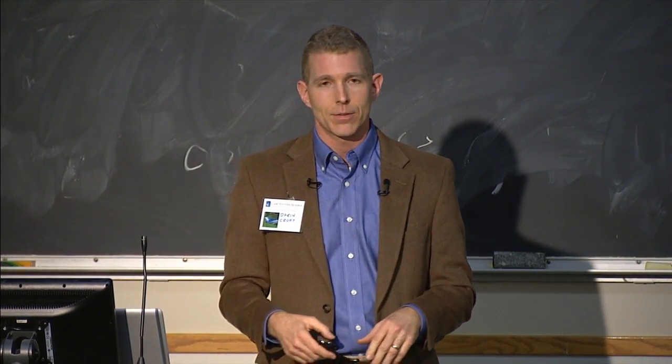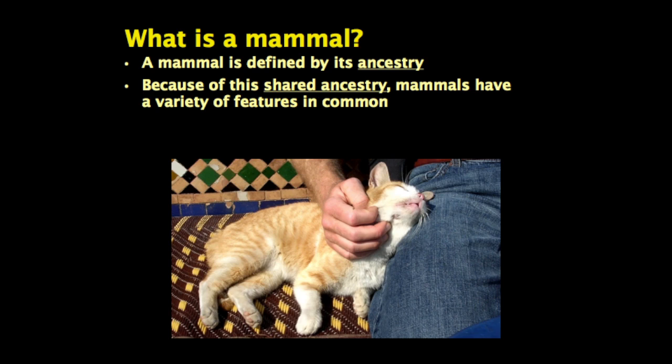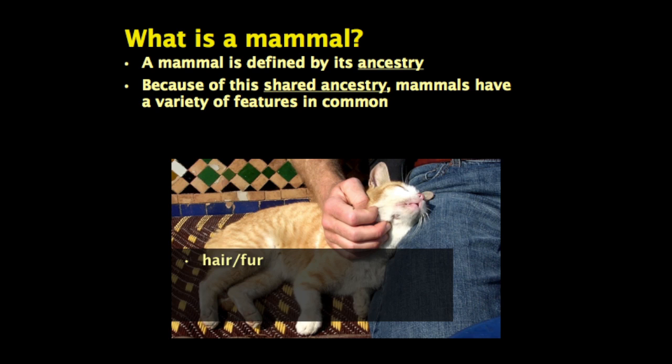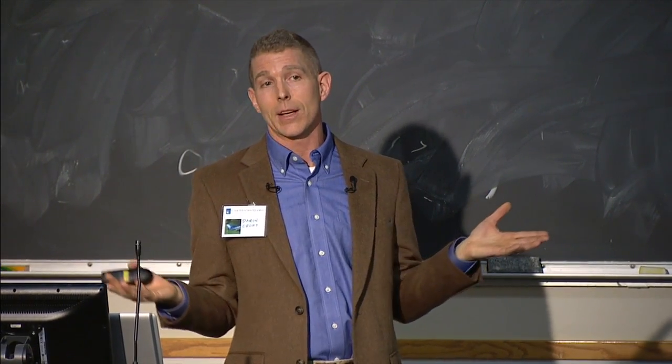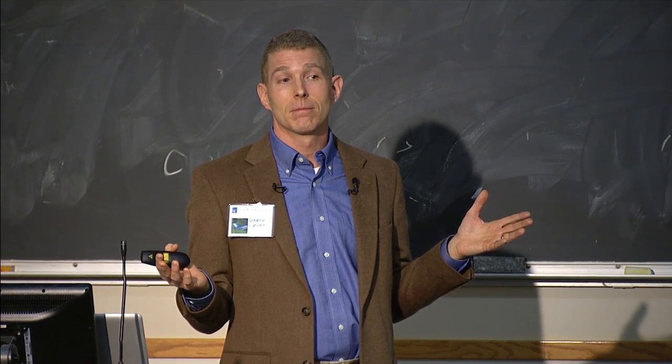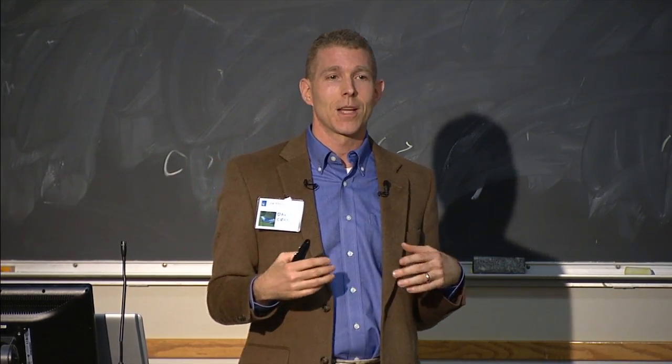So let's take your favorite mammal, cat, dog, hamster, chinchilla, whatever it is. And I'm sure you can come up with a list of different characteristics that allow you to recognize this as a mammal. Some of the big ones are that it has hair or fur, something you only find in mammals. They are endothermic and homeothermic. Those are kind of mouthfuls of words. Endothermic means that we're able to generate our own heat, which is unique to mammals and a few other groups. And homeothermic means we tend to maintain it at a constant temperature. And in humans, that happens to be 37 degrees Celsius. I'm a scientist, if you please.